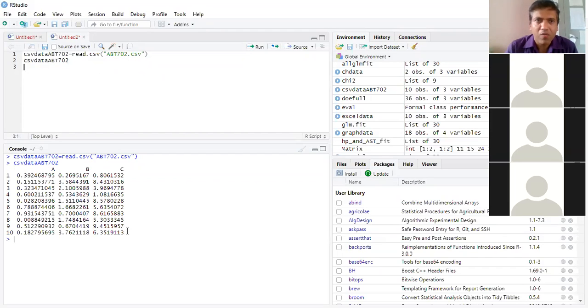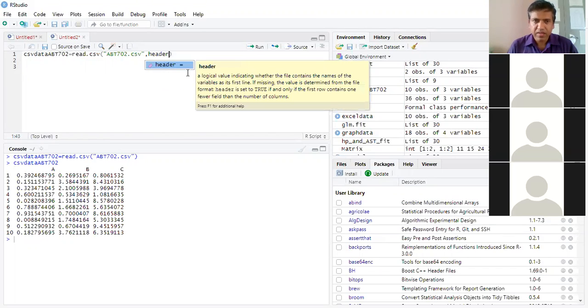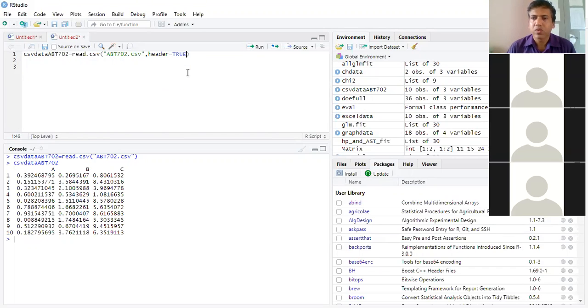In my command, here I have put CSV, and after that I can extend this to say that header is equal to TRUE. This is to tell R that the first row is the header.